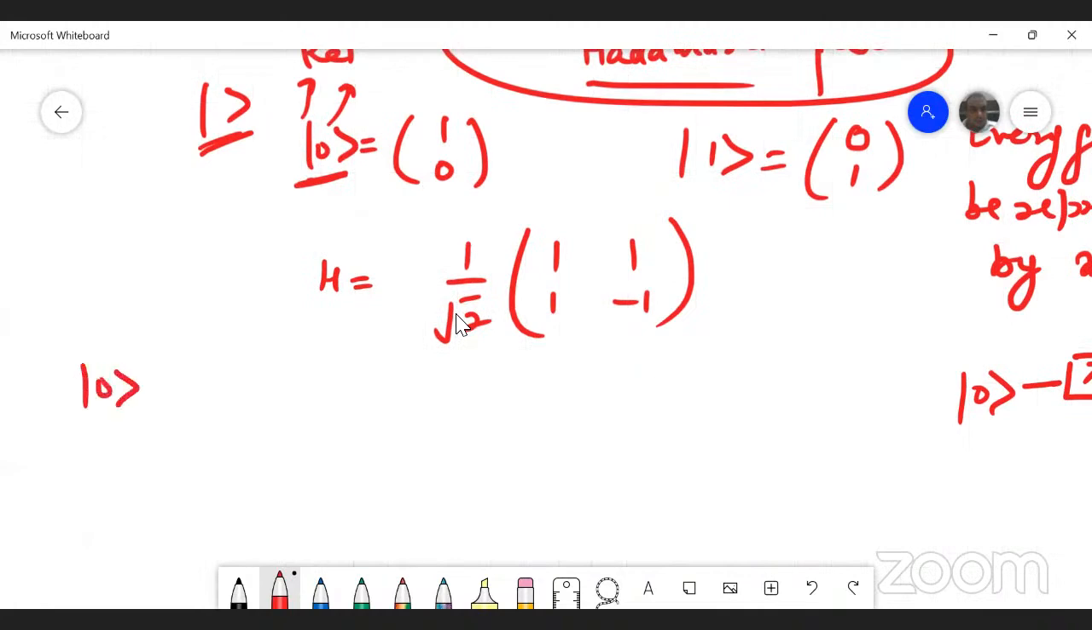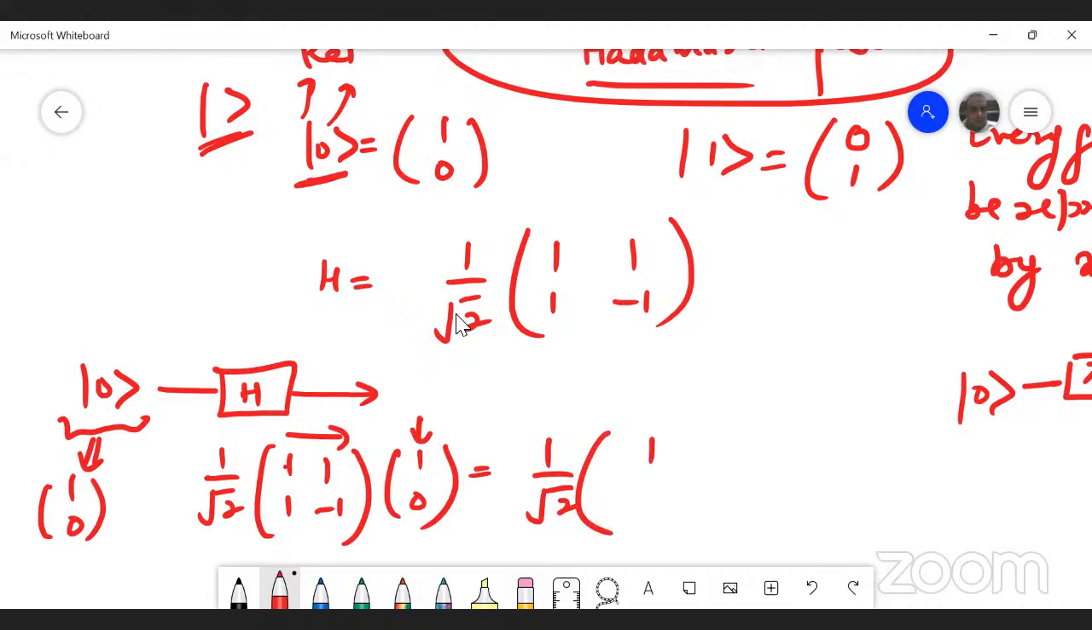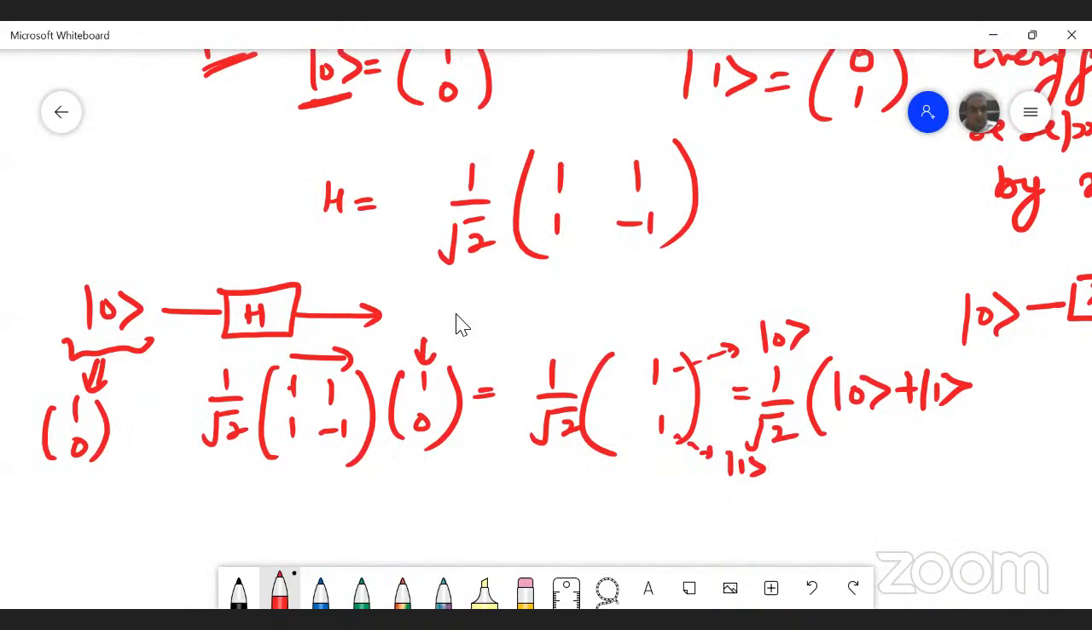Now, let me take my qubit is in 0 state, and let me apply the Hadamard gate, and what we will get. So this is my Hadamard gate matrix, and the qubit is in 0 state. So I can denote it by 1, 0. Just multiply it. What we will get? 1 by square root of 2, 1, 1. I can denote it by 1 by square root of 2, 0 plus 1, because this is denoting the 0 state. This is denoting the 1 state. So if I apply Hadamard gate on 0 state, what I will get is this one,